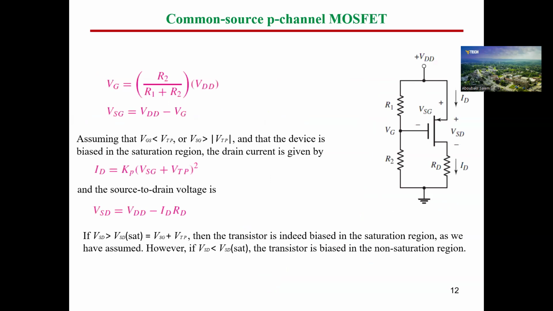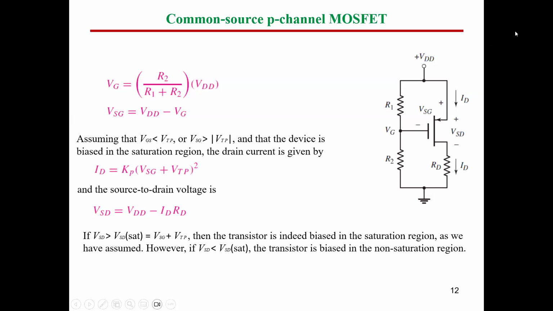Today we will continue the same analysis, solving more examples, but the first thing here is going to be a P channel MOSFET, not an N channel MOSFET, just to let you know how to deal with the different types of MOSFETs. So how can we make the DC analysis for a P channel MOSFET? By the same way,